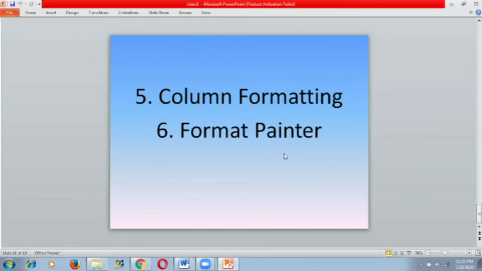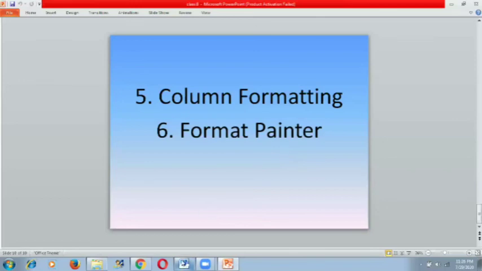The Format Painter tool allows you to quickly copy the formatting of a piece of text or image to another selected text or image. The Format Painter copies all the formatting, including the font color, font size, indentation, bullets, line spacing, etc. from the selected text and applies it to the next piece of text you select. So now understand how we can use this option.